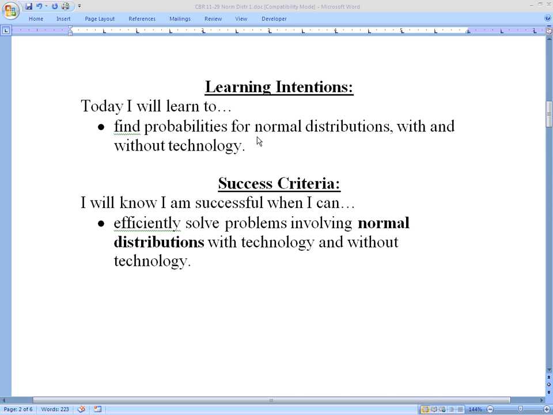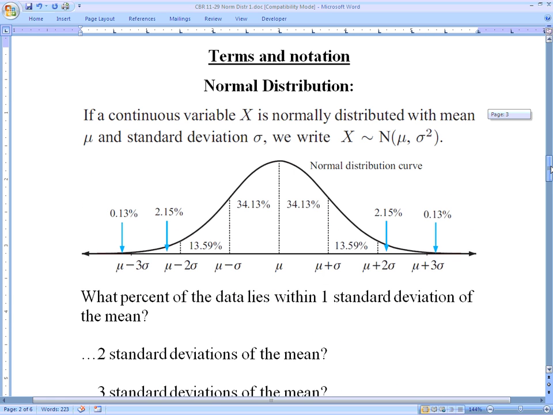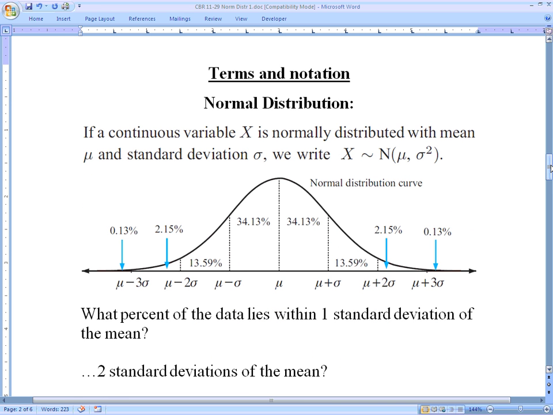So, what is a normal distribution? Well, normal distribution is for continuous data. So continuous, we've talked about that. That is data that is measured. So we can talk about time, we can talk about weight, size, anything that can be measured, volume. For some variable, x, some random variable,